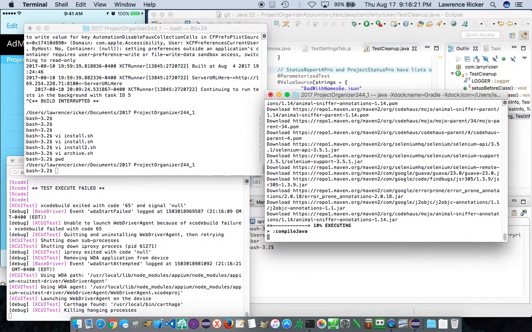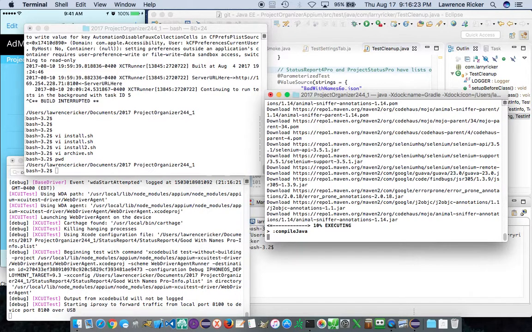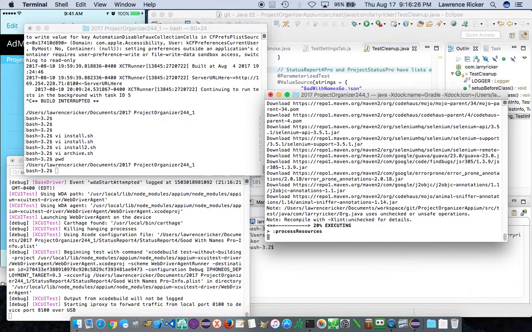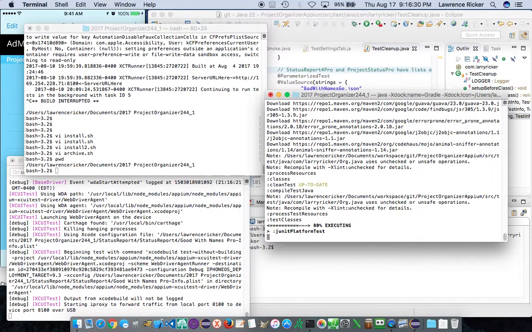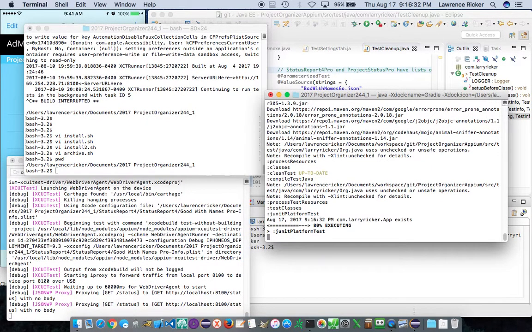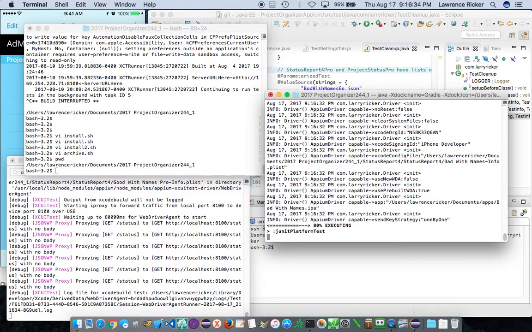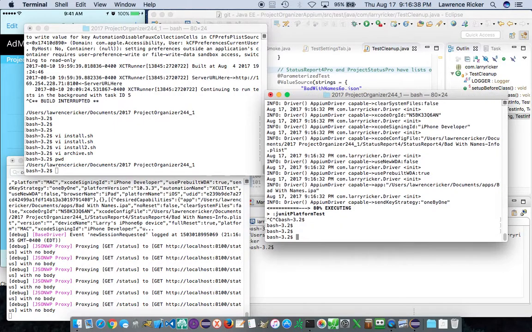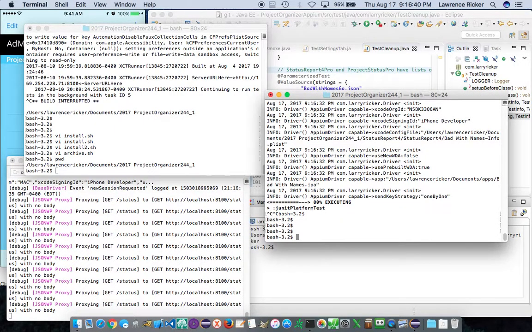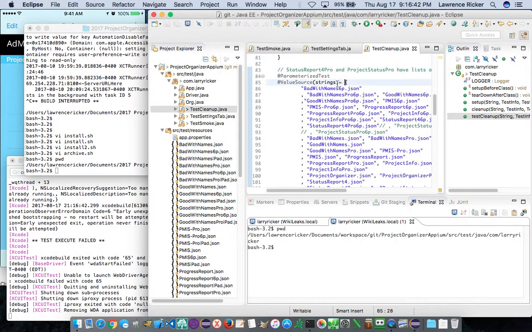That's Gradle downloading from the Maven repository the jar files necessary to build the project. Okay, and that's trying to run. So I'm going to Control C on that and kill that. So it is compiling successfully. Very well, so then in order to get this to actually run, what I have to do is check this